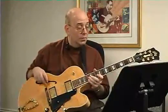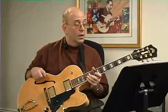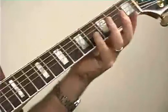At the coda, we have what I feel is a natural dynamic pattern. The higher the notes go, the louder we play, and the lower the notes go, the softer we play. I think that's a natural thing to do. And I might do that without dynamic markings, but from the coda it's